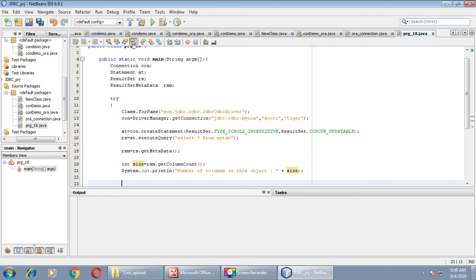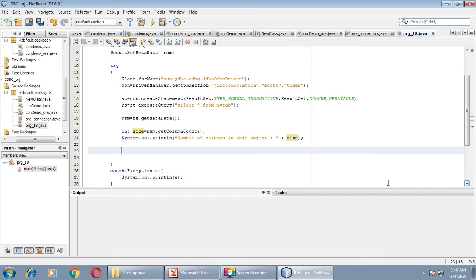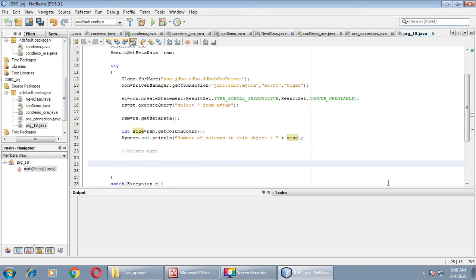Next, one more method we will take. We'll get the column name through this code. Now for integer I equals to 1, we will iterate the loop.